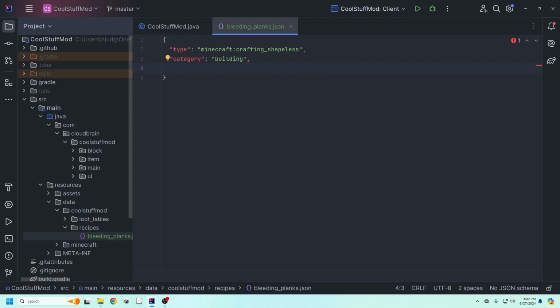And we are going to set the ingredients parameter. So ingredients, and we are going to create a new set of square brackets, and then in there, a new set of curly braces. This is just going to be a list of all the items that will be needed. In this case, it's just going to be one item. So we will type in item, and then set the item parameter to cool stuff mod: